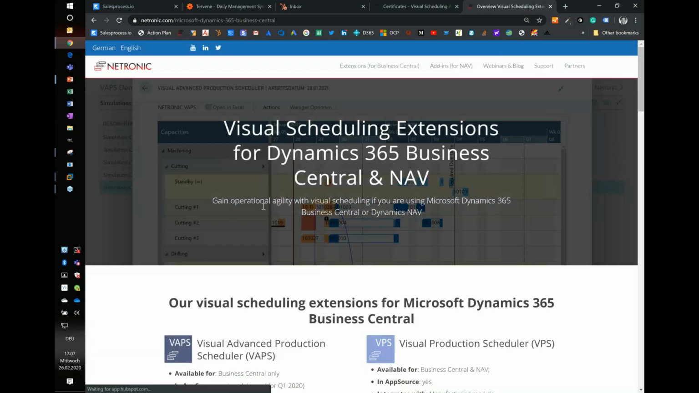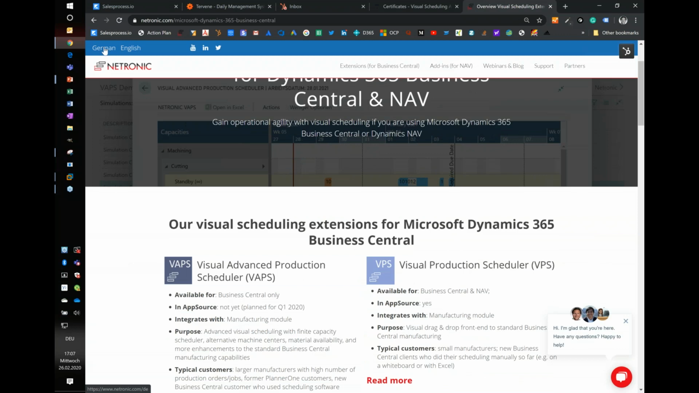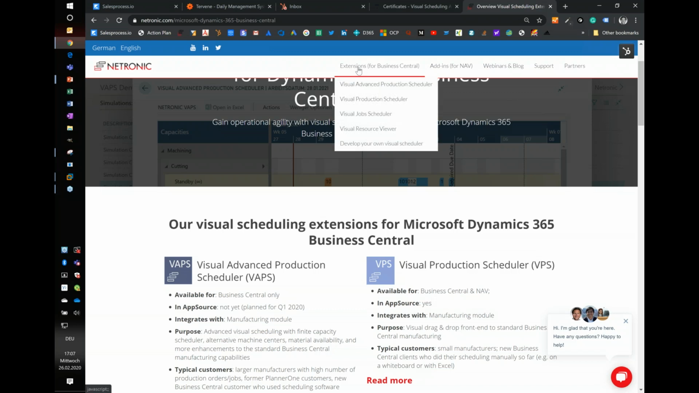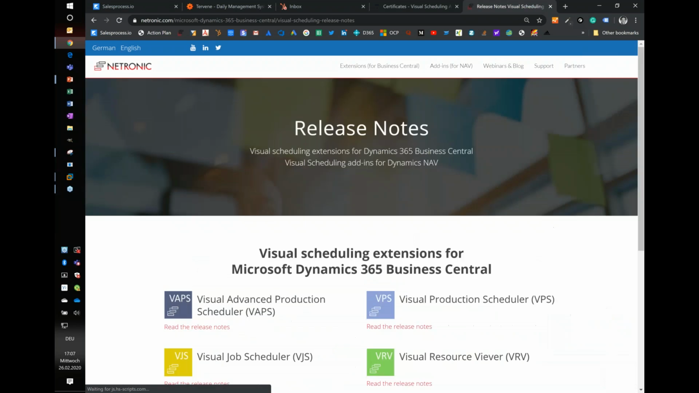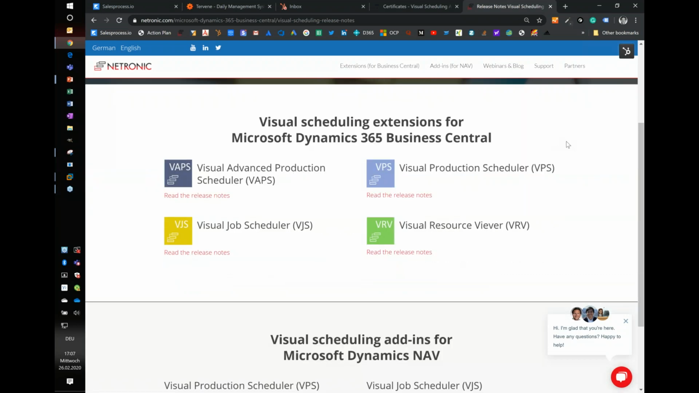So if I do this, then you get an overview, and you see the bar here turns blue. So whenever you are in the blue area, you know that you're in the Business Central NAV area. We have then the list of our extensions, the VAPS, the VPS, the VJS, and the VRV. We have the extensions or the apps, the add-ins for NAV, but you get support information like how to contact us, you get information about the knowledge base, you get access to manuals, to release notes, and all that you do here keeps you in the Business Central NAV world,